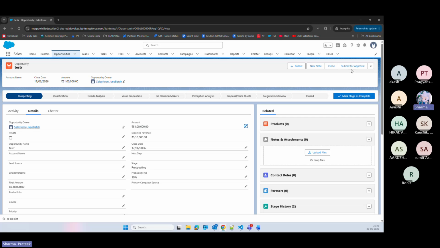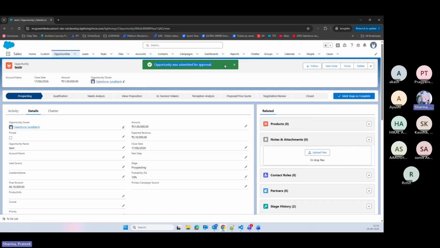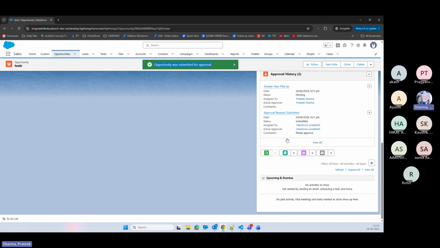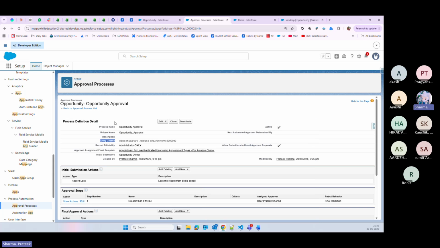Okay, so let's just submit now. Let's see. Submit this record. Okay, opportunity was submitted for approval, and you can see here in the approval history, it is assigned to Prateek Sharma, and the actual approver is Prateek Sharma only, right? Approval request submitted by this user. So if I go back to this user,